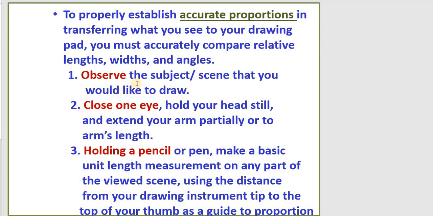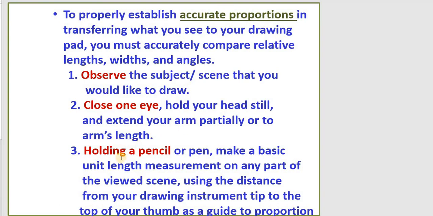The first one, you need to observe the subject or the scene that you would like to draw. For example, you're thinking you will draw a house, trees, people, something like that. So you need to observe that first, and after that, close one eye. Keep your hands working. Close one eye, extend your arm fully, or hold up your arm length. And you can think the project is so small right now in your